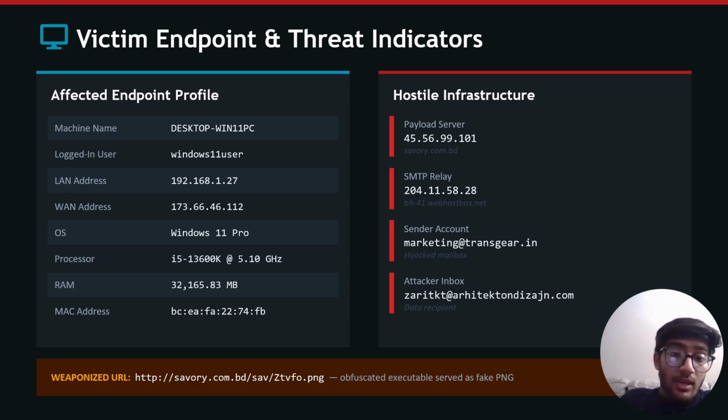Its LAN address is 192.168.1.27 and its public facing WAN address is 173.66.46.112. And on the right hand side, I have mapped out the hostile infrastructure. The payload was distributed from savory.com.bd, and the SMTP relay used for exfiltration was at 204.11.58.28, which is webhostbox.net, and the Trojan authenticated with the hijacked account marketing at transgear.in and